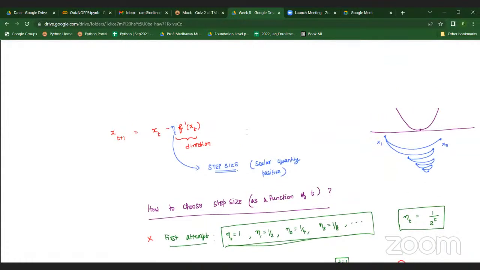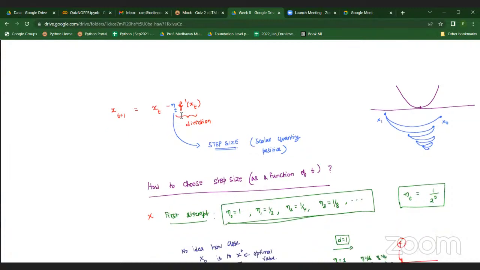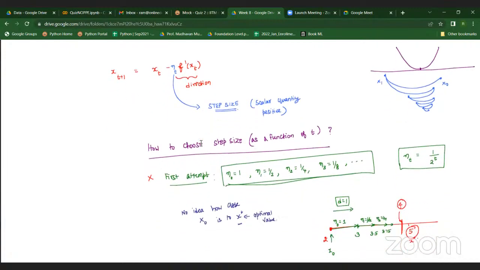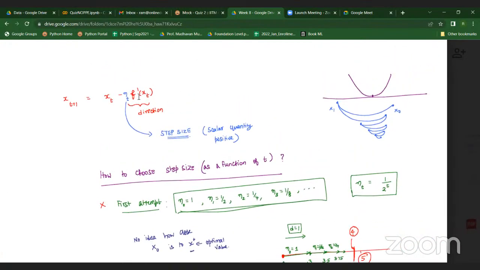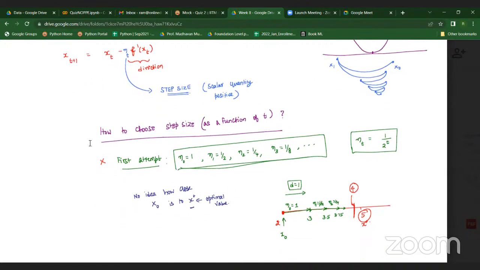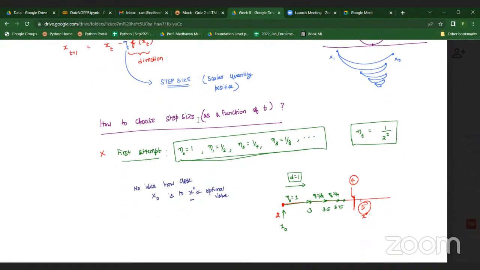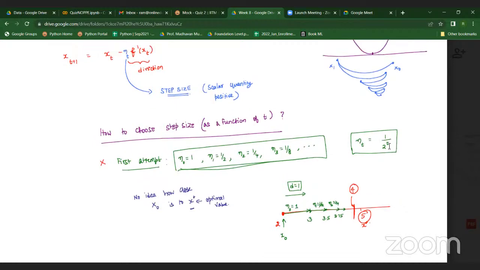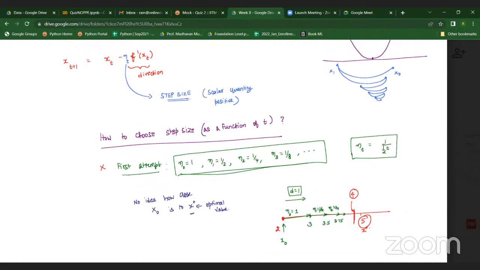Instead of moving directly f dash of x, we move a step in that direction. That is, we move only a fraction of it. That is called the step size. And what should be the step size? One should not be the step size, because previously we had chosen it as 1, and then we kept on oscillating. So if you take it as, let's say, 1 by 2 power t, where t is the tth iteration,